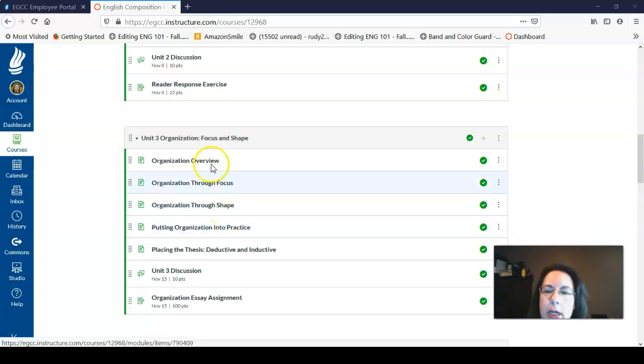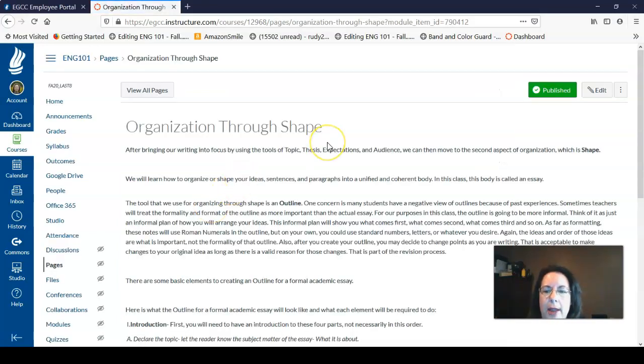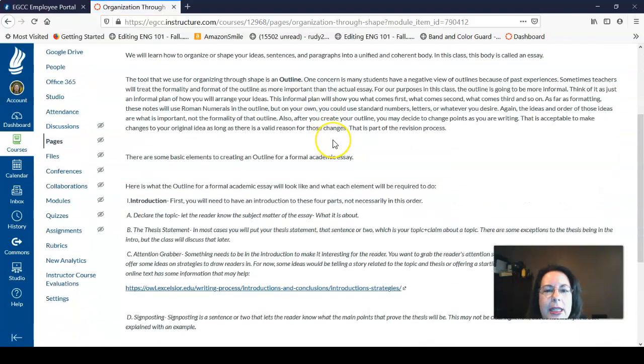So let's start here. After you've read these 2 sections, I want to point out the organization through shape. One of the things about having an organized essay is it has to have a regular flow. That's one of the things we're going to focus in on. This week is not a research essay. You're going to pick a topic of something that you already know about, and there's going to be example topics that I really want you to follow in the